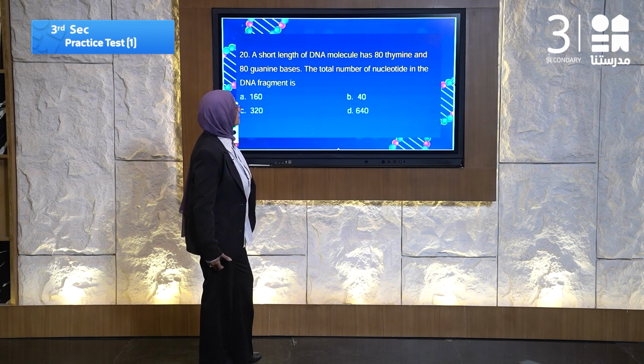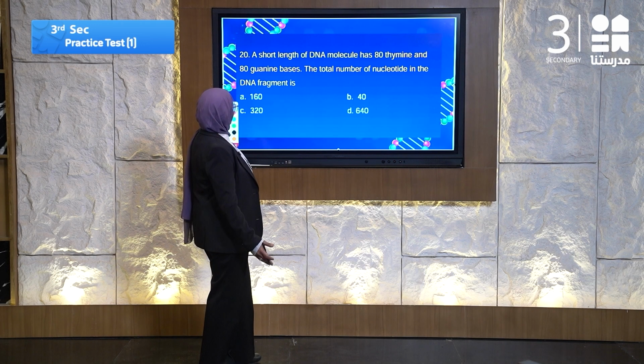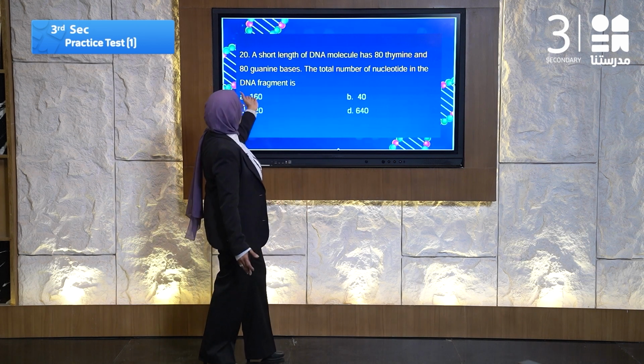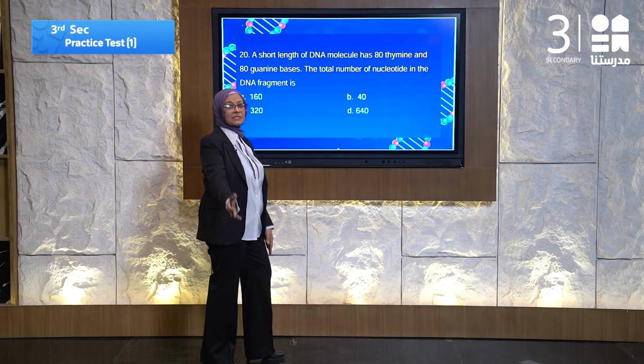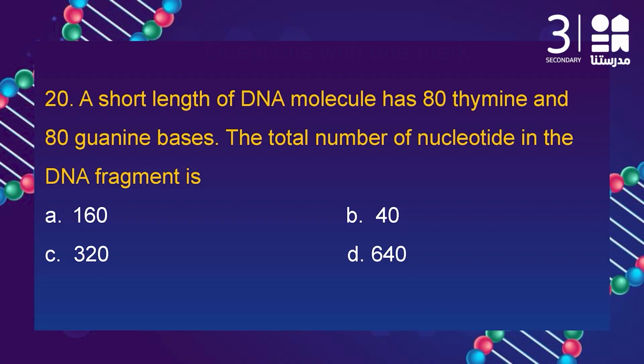20 is about mathematics. What is the mathematics here? It is the number of thymine, guanine, and others. Let's read the question first. A short length of DNA molecule has 18 thymine and 18 guanine bases. Those are nitrogenous bases. The total number of nucleotides in the DNA fragment is